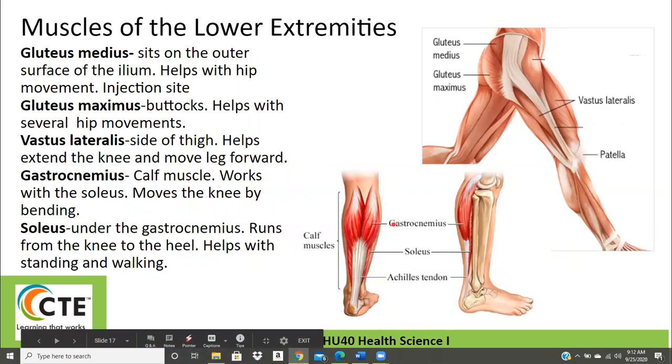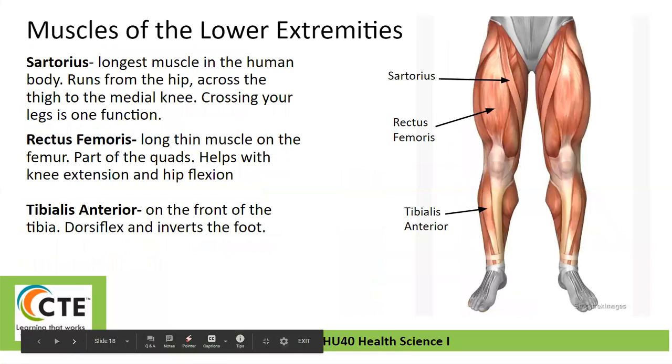Now, if you think gastro, because stomach, these actually have the shape of a stomach, which is the name of it. So the soleus helps with standing and walking. Again, Achilles tendon. If you sever this tendon, this muscle will actually bunch up behind the knee. It's really kind of cool. All right. And again, these are just some of the muscles. These are the ones you need to know